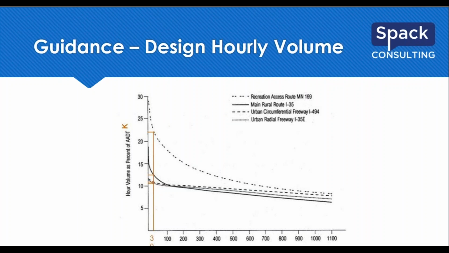Yeah, many DOTs will have a similar sort of thing here, and the idea is we want to provide for most of the traffic, most of the typical volumes. So when we start to hit that high curve part of the graph, we're getting into areas that are not routine and start to become too expensive to build for all that. So that starts to define where we start looking at temporary versus permanent,